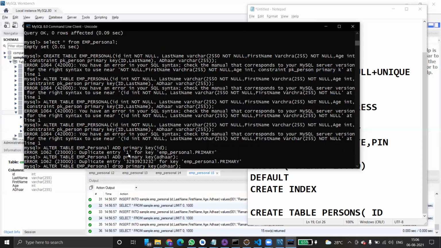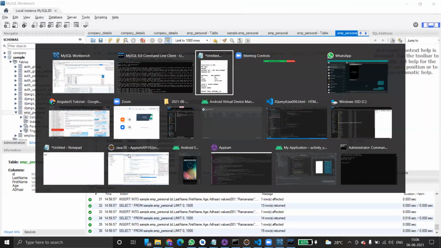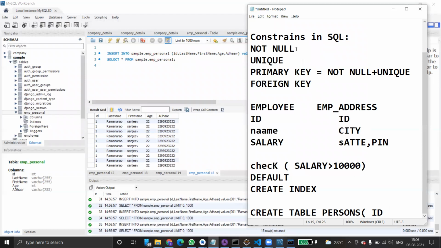Okay. So this is how we have to create constraints. There are different types of constraints. What are those constraints? Not null, that means the field or cell value should not contain a null. Unique, it should be unique. Primary key, basically used to identify each and every row uniquely. Foreign key, to refer to a key in another table, we use a foreign key. And check, you can create checks and validate the values that we enter in every cell in your table. Default, you can have default values. And create index, we can also create indexes.